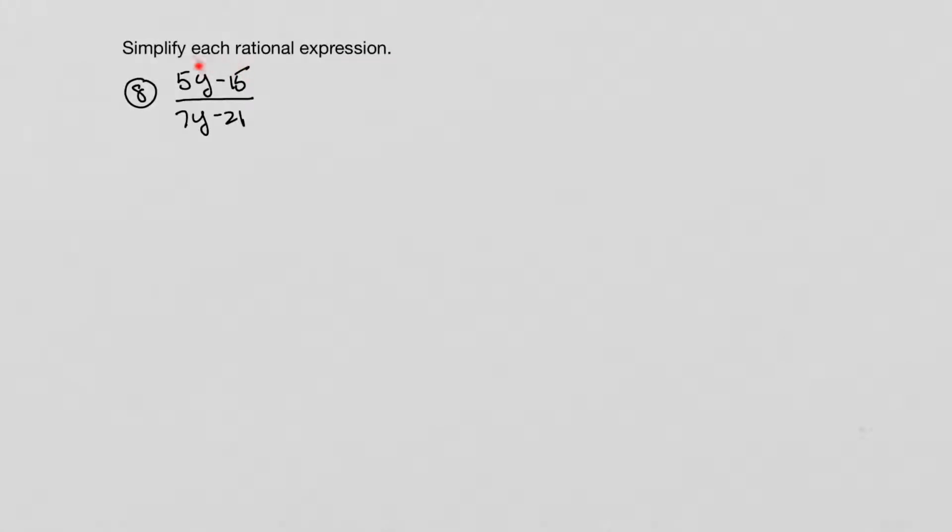We want to simplify this expression. That means to make it as compact and efficient as possible. And we're going to do that by factoring and then canceling any common factors. So let's factor the top. We'll factor the bottom. So doing so will give us, now we can take a 5 out of the top,